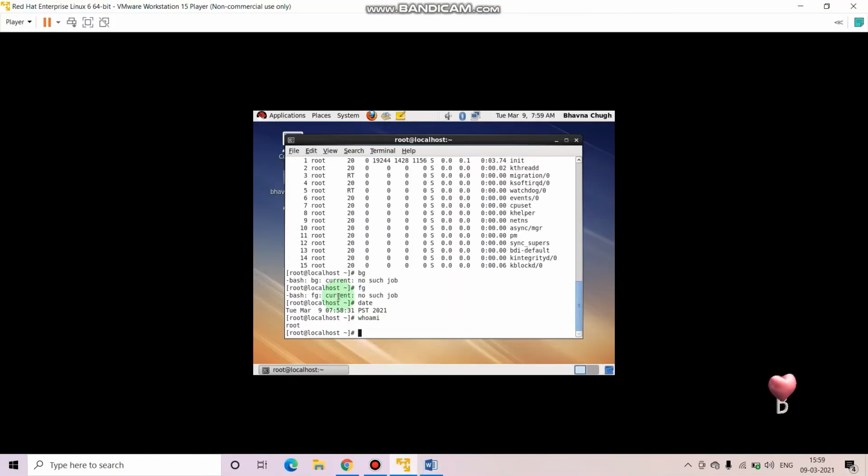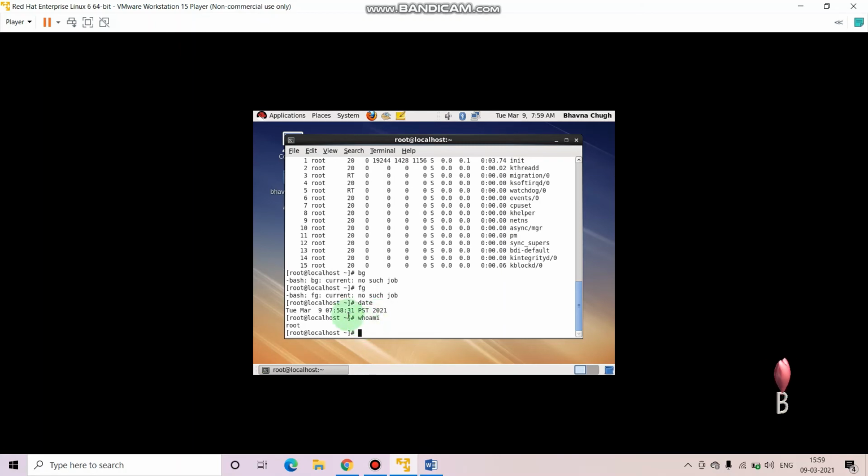I am currently logged in as Bhavna. As you remember, first I was not getting permission to perform many commands, because those were high privileged commands, allowed only to the root user. So as I logged in with Bhavna, I switched my user to root, and then I performed these commands, and it is working well.